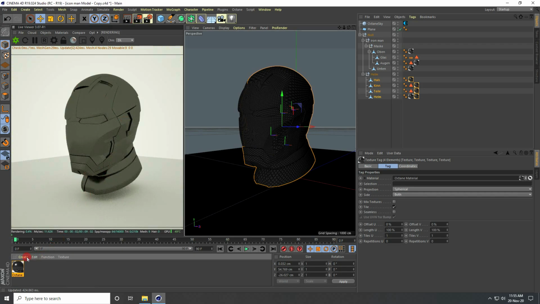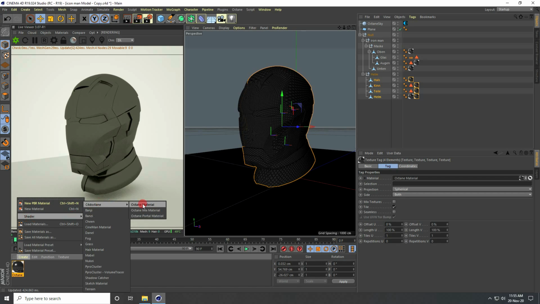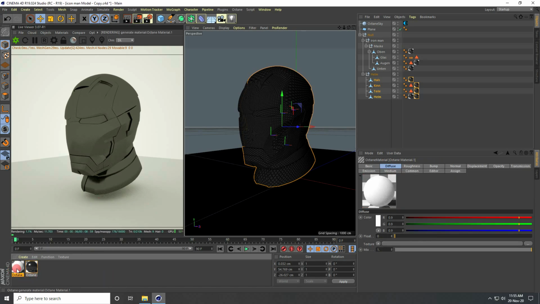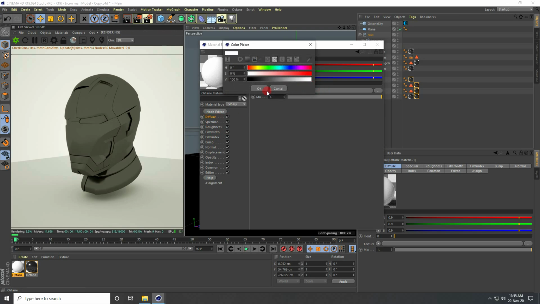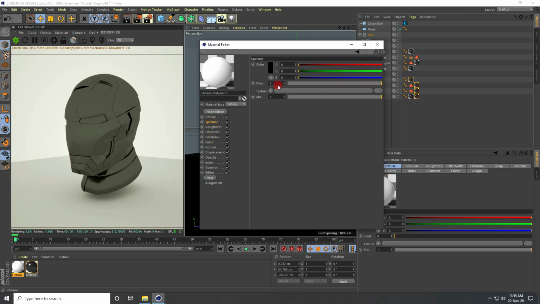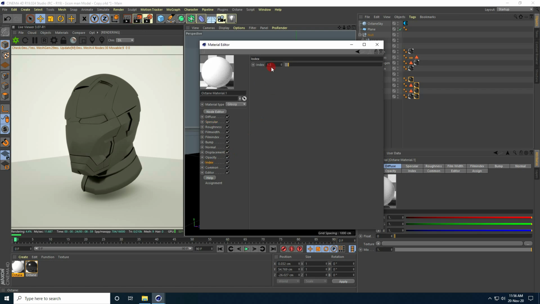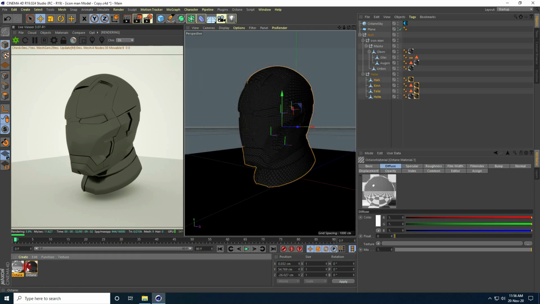Okay, so now I take material again, and this time I create glass material, shiny glass. So material type I use glossy. Yeah, and diffuse I use white. Go to specular and change specular to 0.9. And index, I create glass, so I take 1. Yeah, right? See guys, that's my second material.